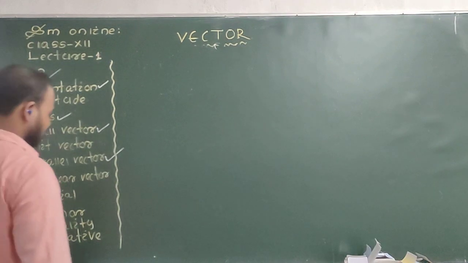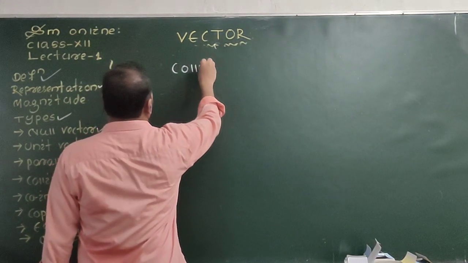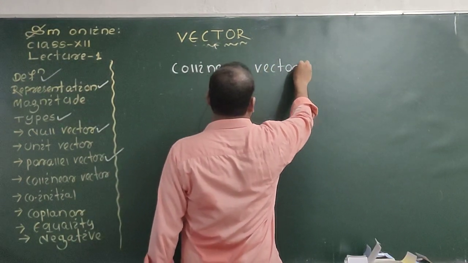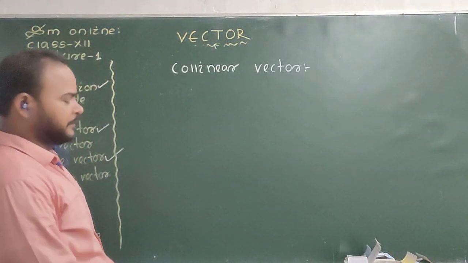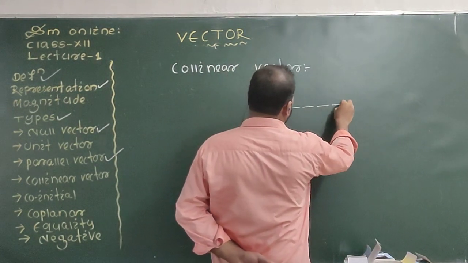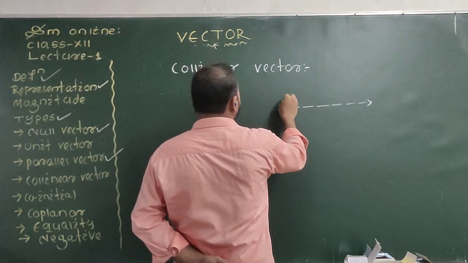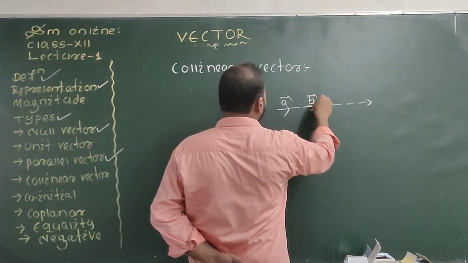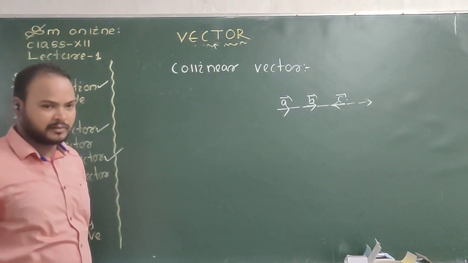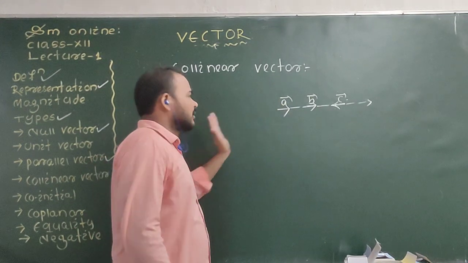Let us come to the point collinear vector. Collinear vector means if a number of vectors lie in one line, then the vectors are known as